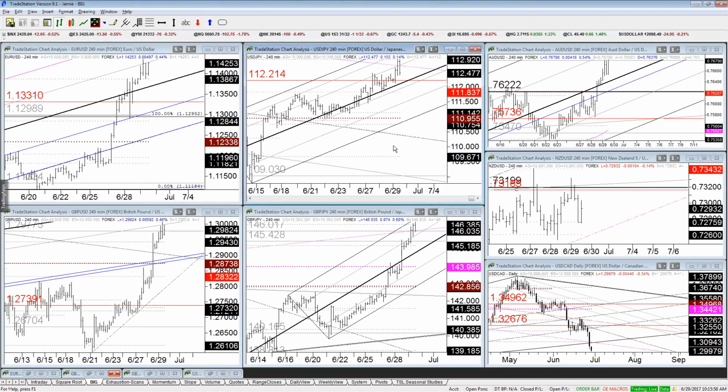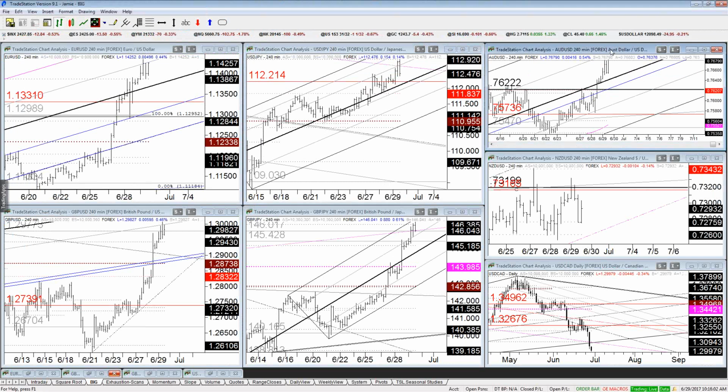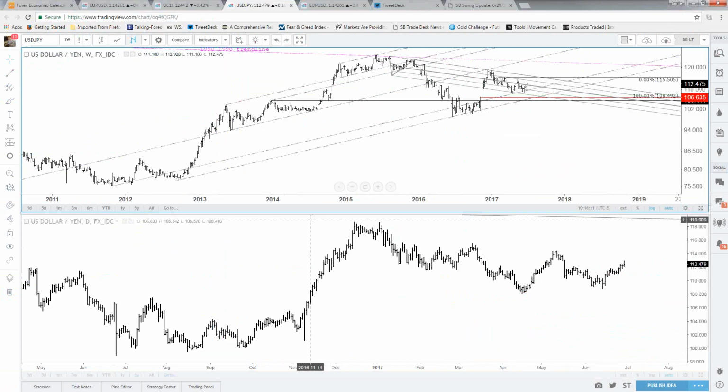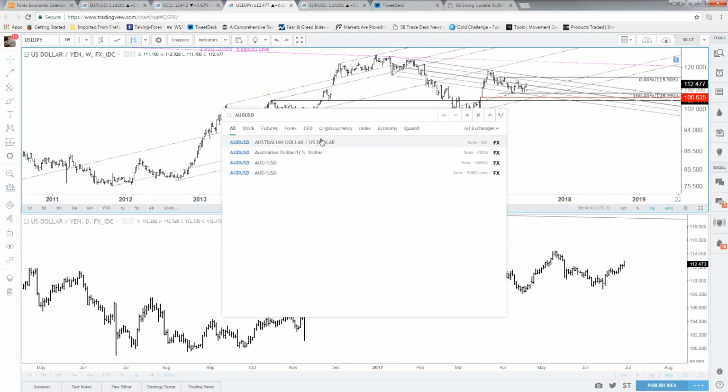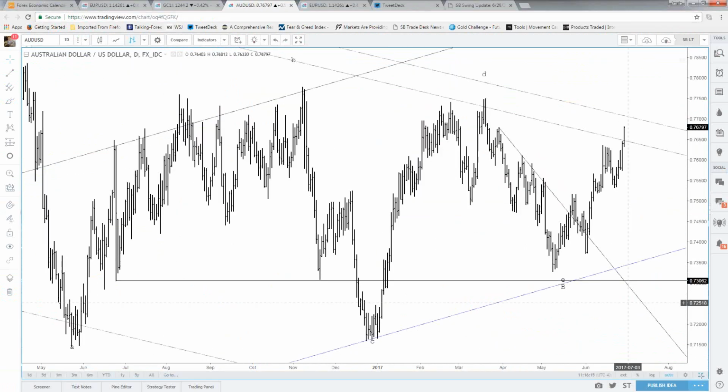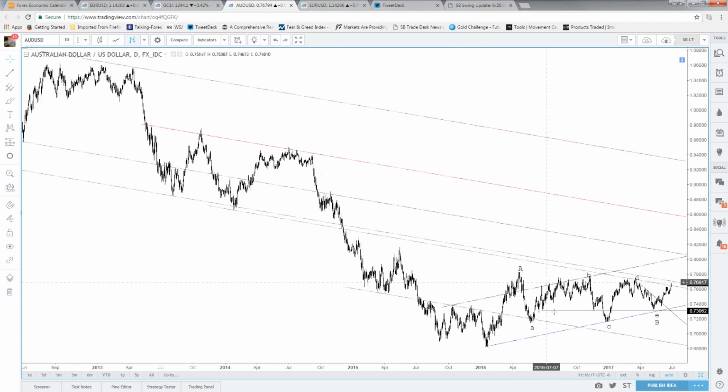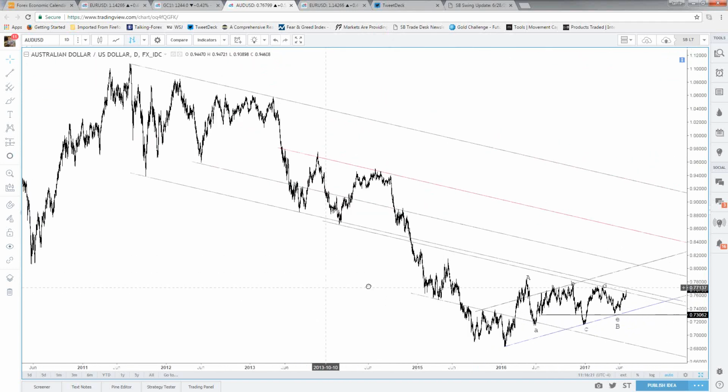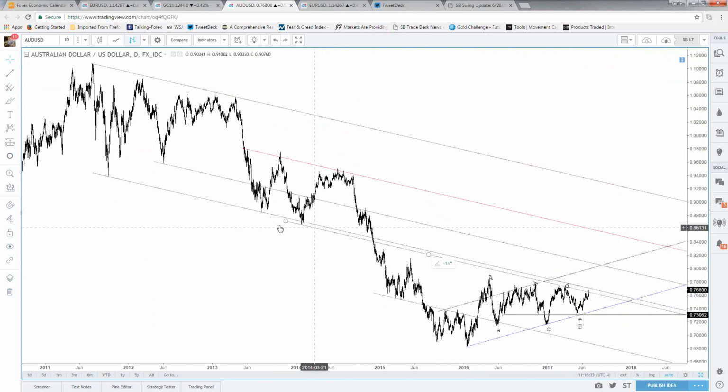All right, so what I really want to talk about is the Aussie. The Aussie might be about to go ballistic on the upside here. So we are testing the level. Okay, here you are. This is huge. And again, A, B, C, D, E, B wave, and